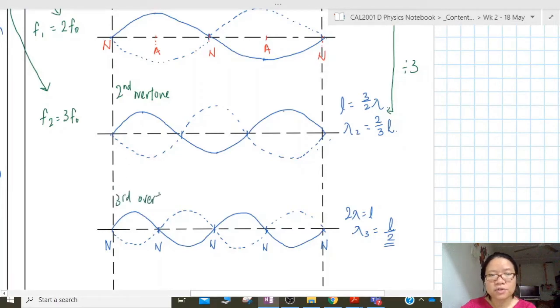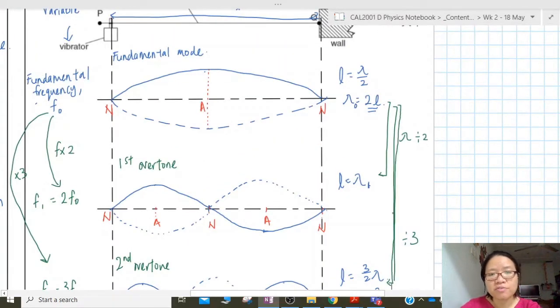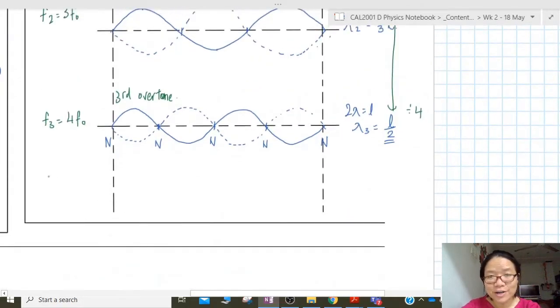And this one, we call this the third overtone. Okay, so this is an all harmonics situation. You just keep multiplying the frequency. So if the wavelength is divided by 4, then the frequency will be times 4. All right. So what is important here is not so much the equation,